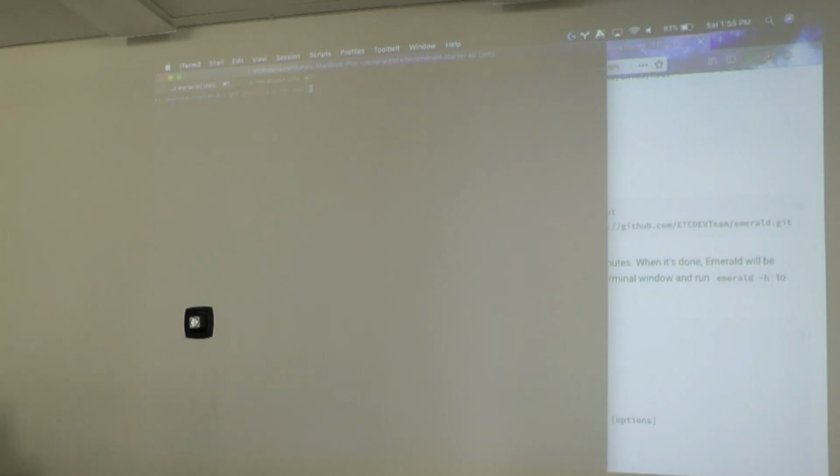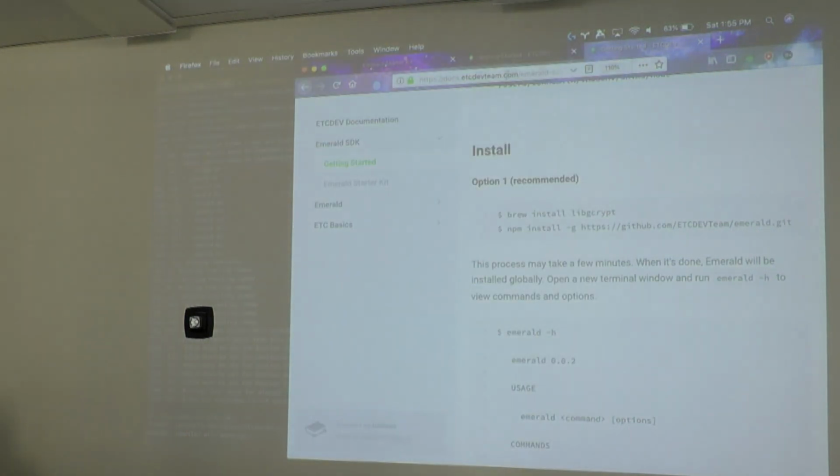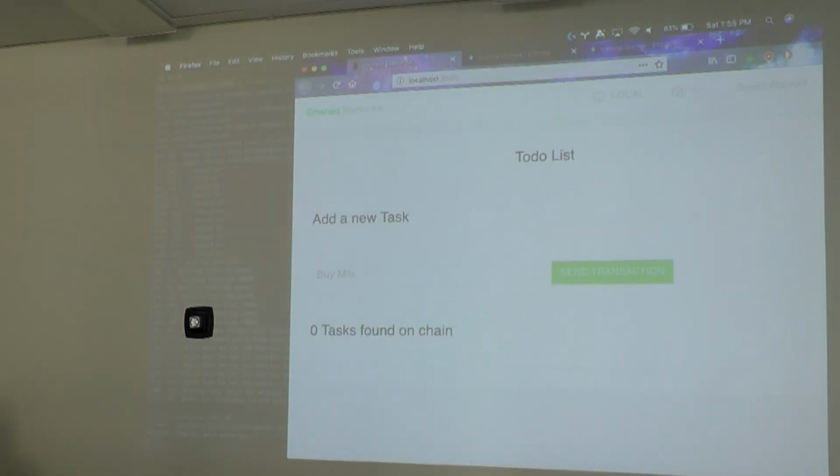And then you would just run npm start, and what this is going to do is boot the starter kit. As Stevan already pointed out, it's a basic to-do app on the blockchain, and we did that because it shows some basic CRUD, and you can pretty much make anything. So this is what the default starter kit would look like. And to interact with it,